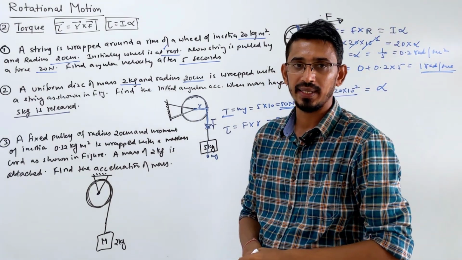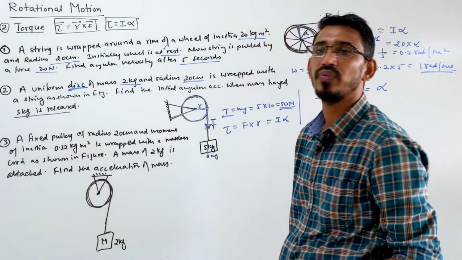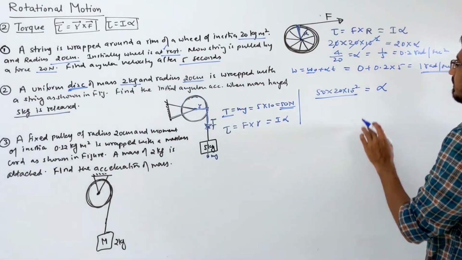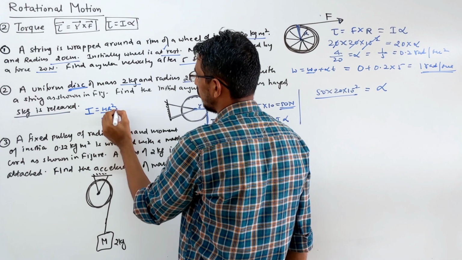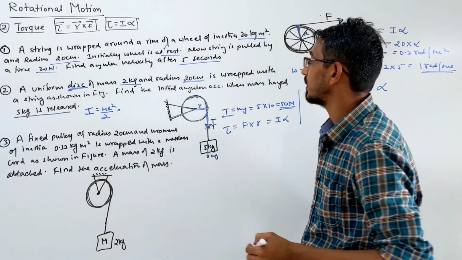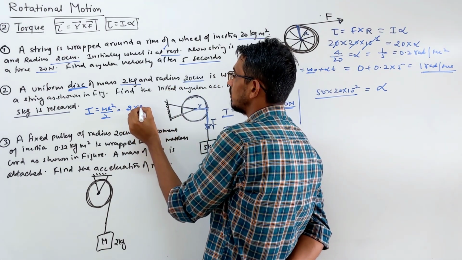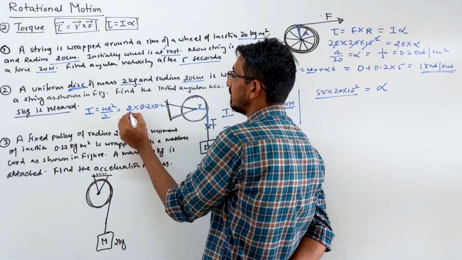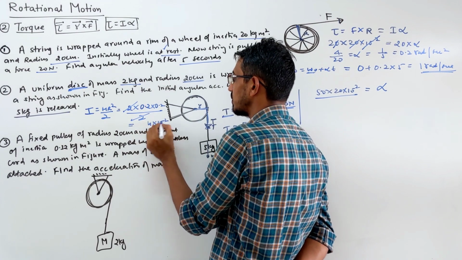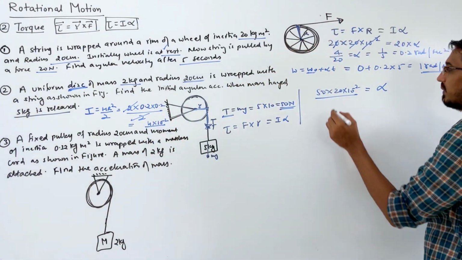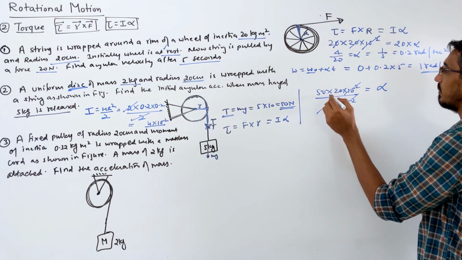Okay, inertia is not given directly, right? Like in the previous case they gave inertia directly. Here they said it's a disk, and mass and radius are given, so we have to find the inertia separately. Inertia of a disk is mr square by 2, right? Mass is given as 2 kg. Radius is given as 20 centimeter. So I write 0.2 into 0.2 meter divided by 2. So 2 gets cancelled here. That gives 4 into 10 power minus 2. That's your inertia. So divide it here. Inertia is 4 into 10 power minus 2. That becomes alpha. This gets cancelled here, and 4 goes 5 times.